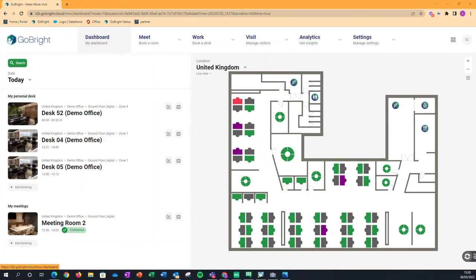In this video we're going to be looking at connecting up a gateway onto the GoBright platform. A couple of ways in which we can do this. We're going to be using the activation code as the first way. So let's go into devices,